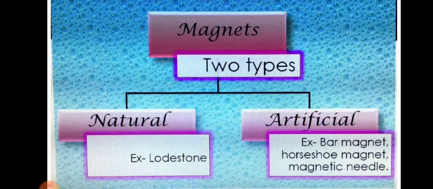Now magnets are of two types, natural and artificial. About natural magnet, it is lodestone. That magnetite is also known as lodestone because it is a leading stone, working for a sailor to lead the way for the ships. This is why it is known as lodestone or leading stone. That magnetite is a natural magnet. But the pieces of lodestone have low magnetic property. This is the demerit of it.